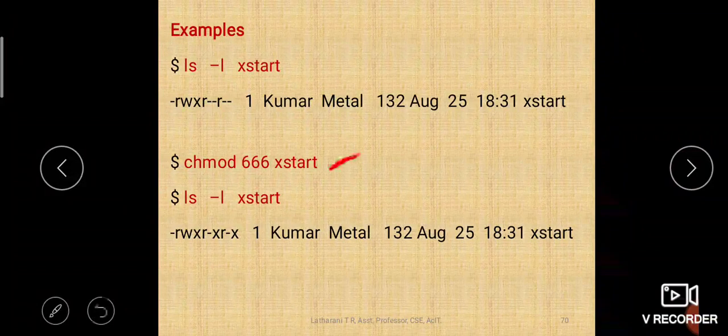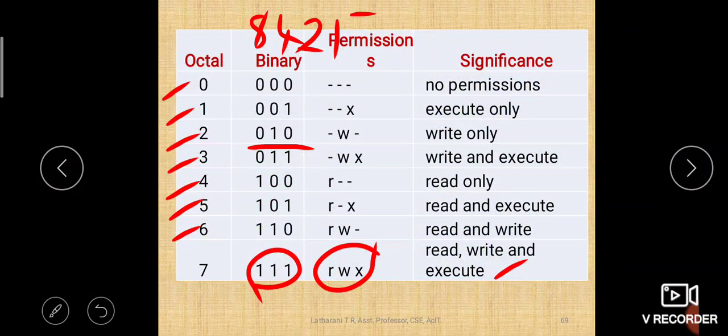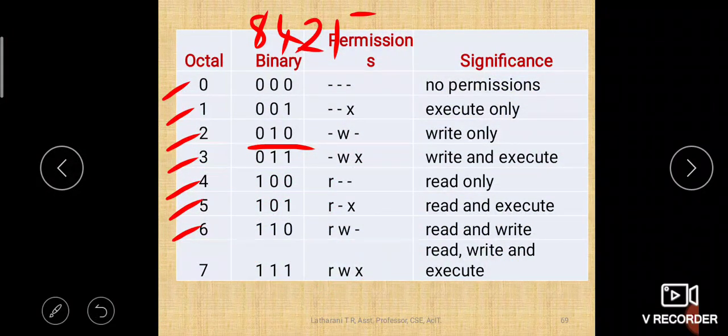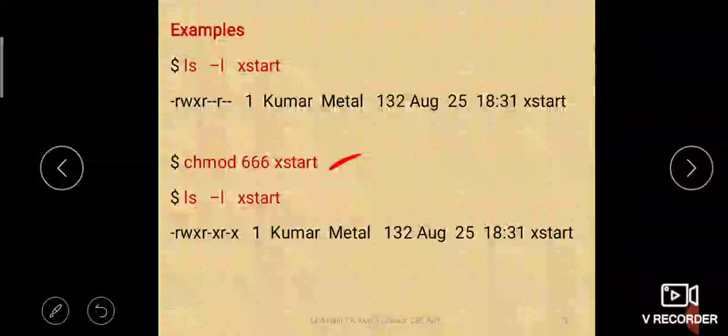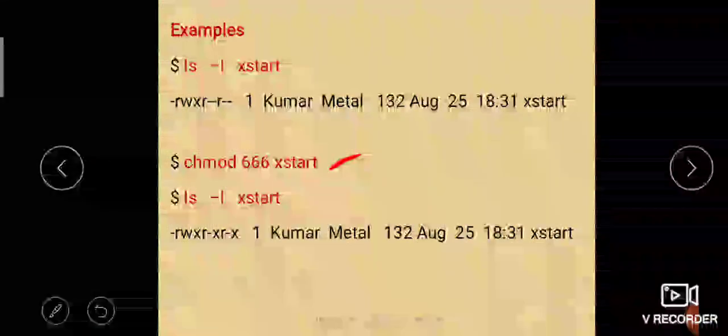Now if you say chmod 666, so now 6, what is 6? In the previous thing you saw, right? Here 6 means R and W, that means read and write permission. So what happens here? 666 means read and write permission for all of them.